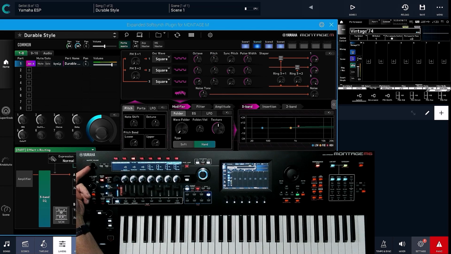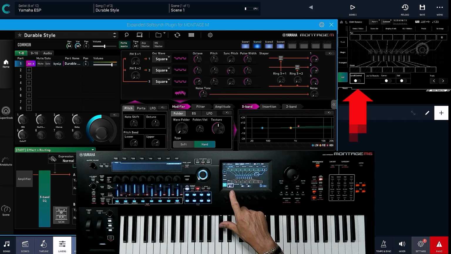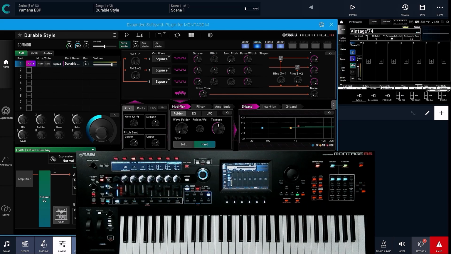For that video, I've cut my Montage M volume. I'm going through my streaming audio card to give you the ESP sound. Otherwise I could have gone through the Montage M USB to host and sent it back, but here it's easier for making this video in terms of sound management. If I go to DAW remote, look at local control, I'm off. It's important to have local control off, to not have a MIDI loop, and not to have the sound duplicated. When I'm set up like this, I can play my ESP, but in fact I have two different Montage M. One in ESP, and one which is my Montage M synth keyboard.